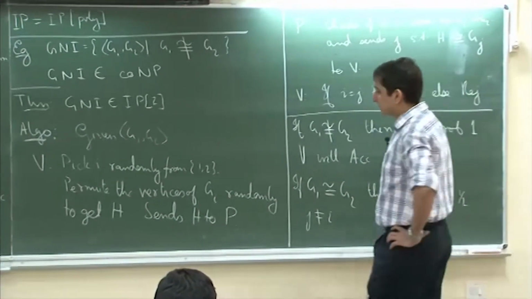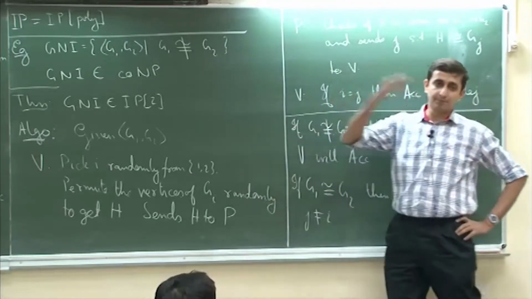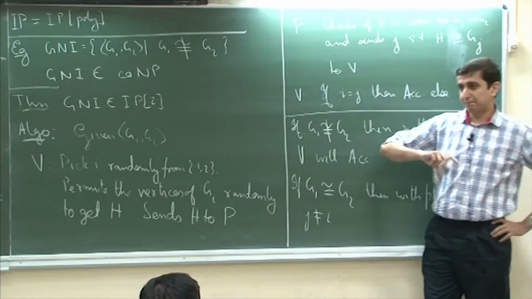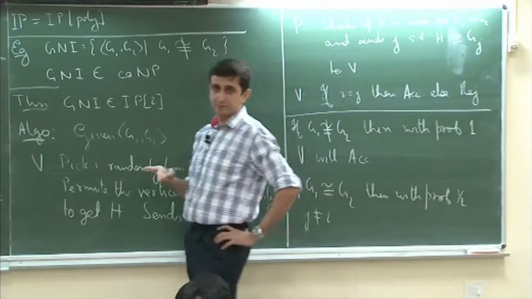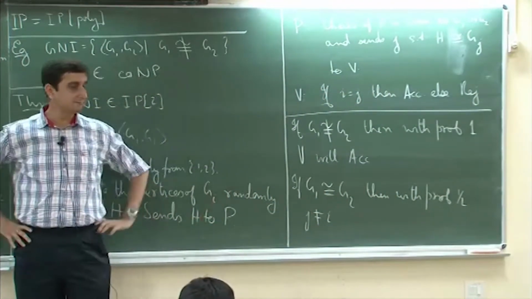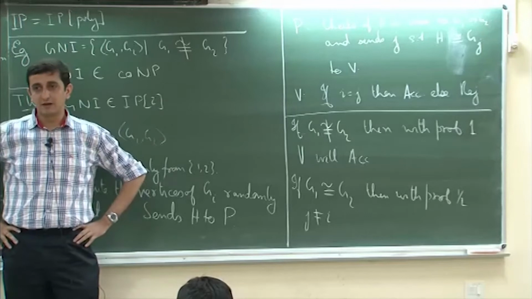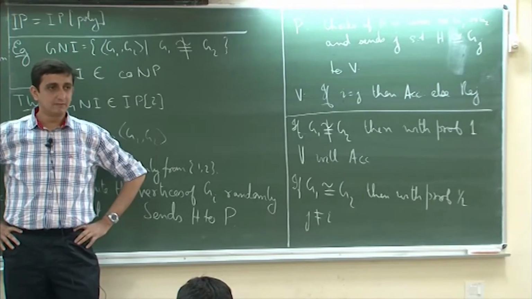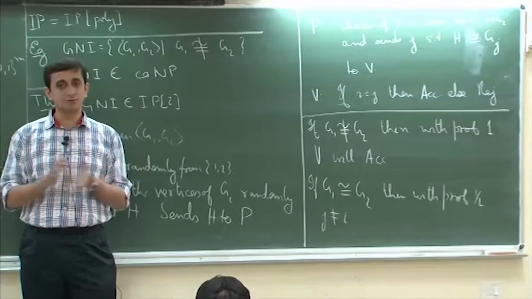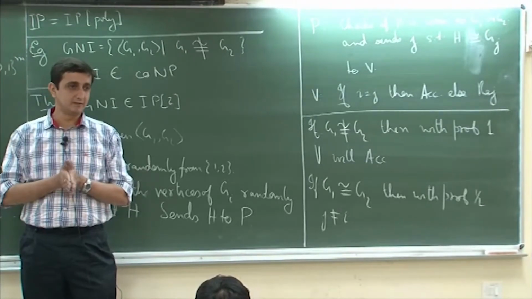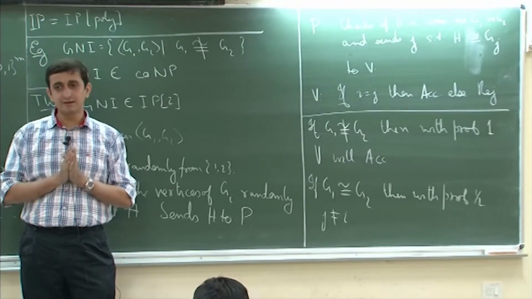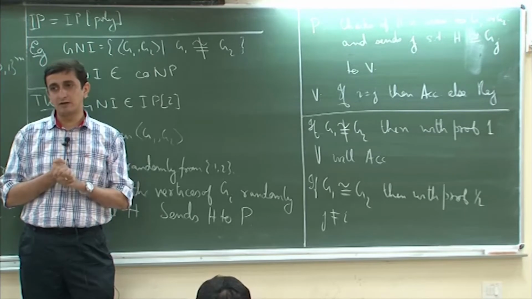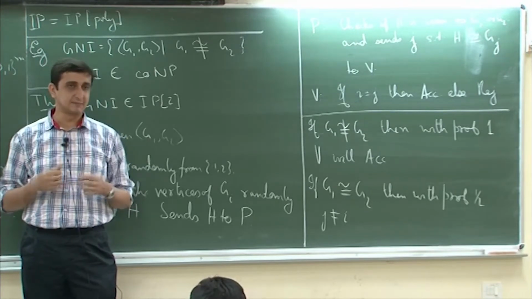Yes. So, again if he knows this random string, then he can just compute the inverse of that permutation and get back the original graph and then find out which of the graphs he had permuted. Okay. Because the prover's goal is always to accept whatever the input is. Okay. He does not care, but the verifier is skeptical. The verifier will not allow a wrong input to get accepted.